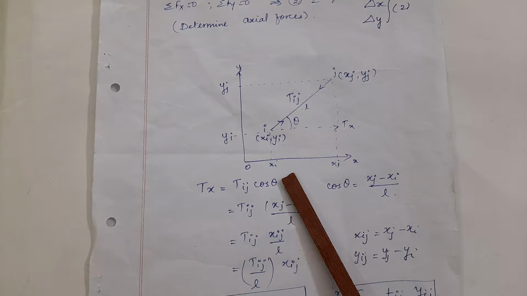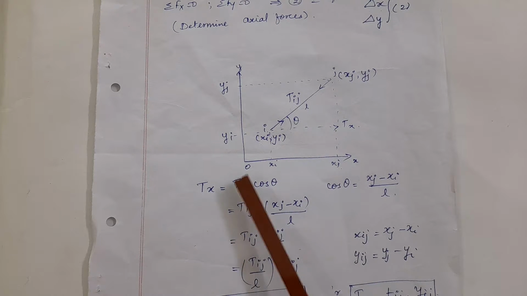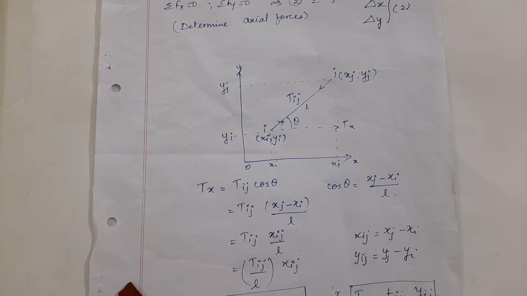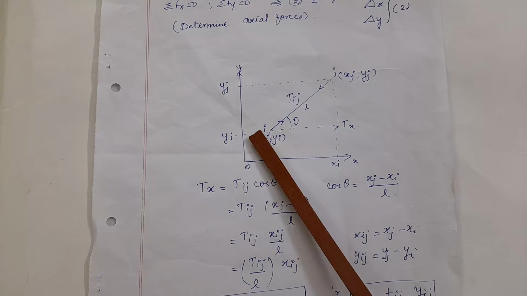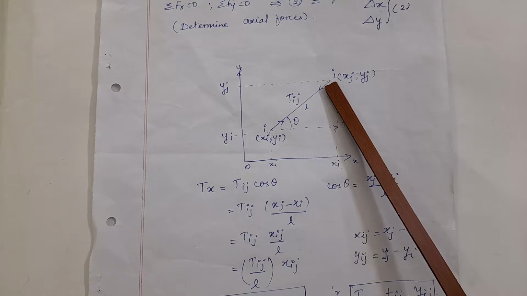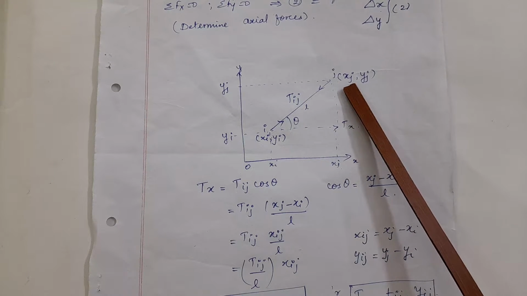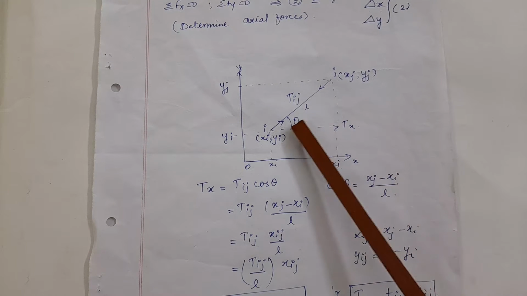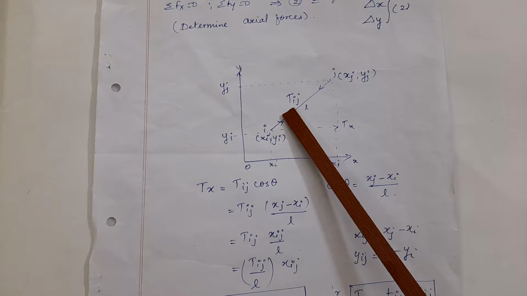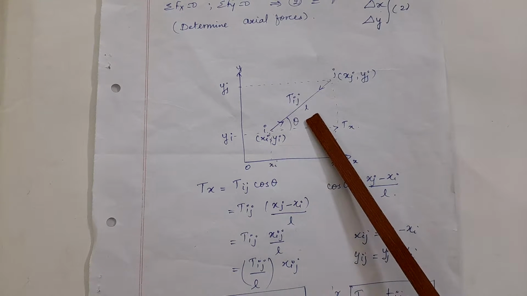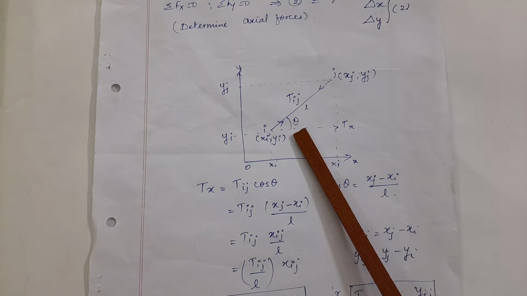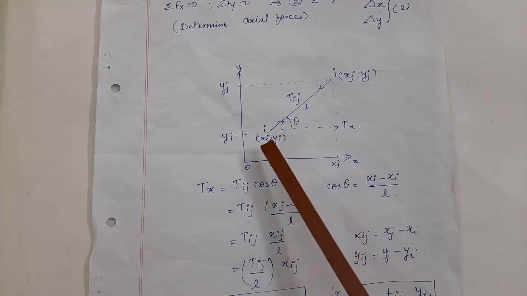Since it is a two-dimensional pin-jointed structure, I assume an axial element in xy plane. The coordinates of i node is xi, yi. Coordinate of jth node is xj, yj. Let us assume tension at both the joints and the force is denoted by Tij and length of the member is L. So to find the angle of inclination, I have the coordinates when produced along x and y directions.